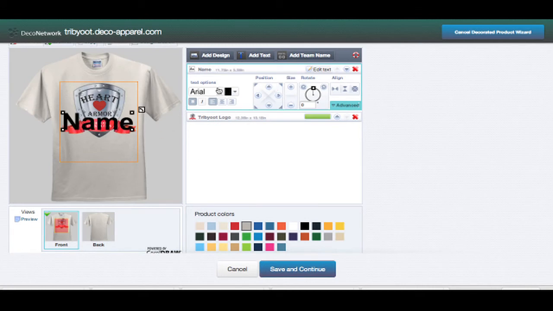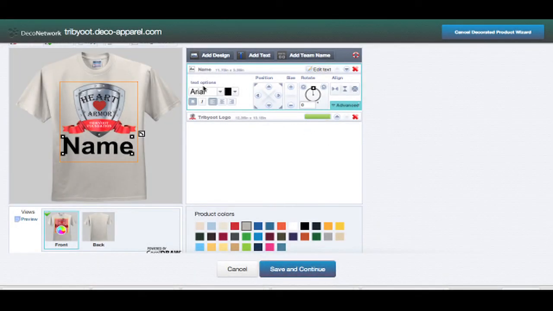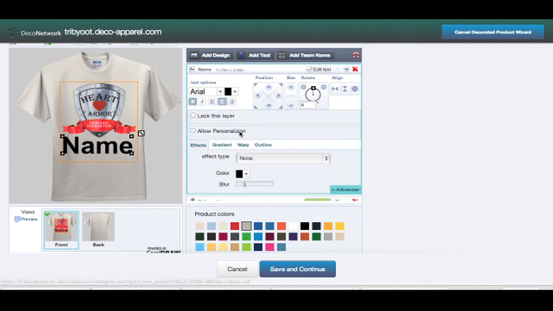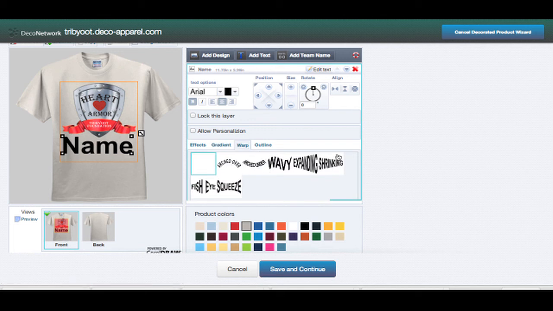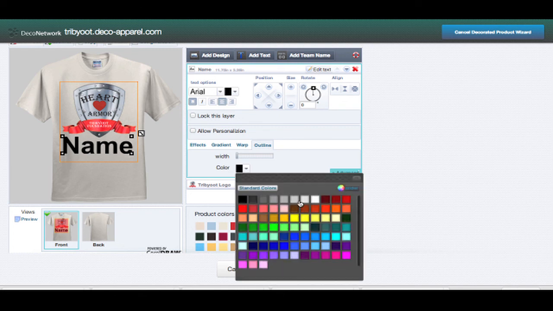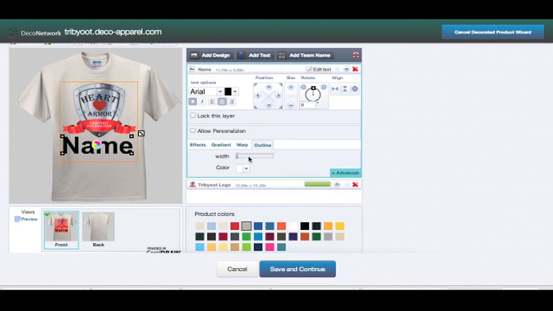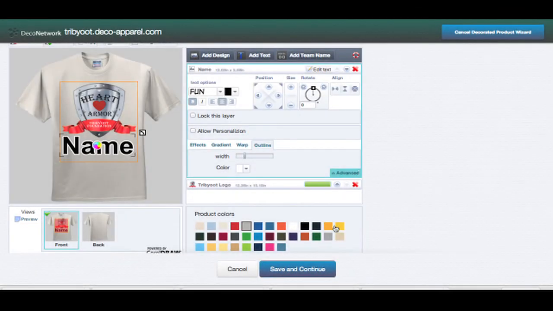And again, you can choose any font style from here, there's so many, and there's a lot that are great. There's a few that aren't. You can center it, you can change all the size and everything, but when you hit this advanced, this is where you get all of your options, and this is where Deco's really been updating often. The gradient is something I don't like too much, but the warp I really do, and also giving it an outline is really nice, because when you give this an outline, it sets it up to be kind of cool. So let's just make a couple quick changes, and